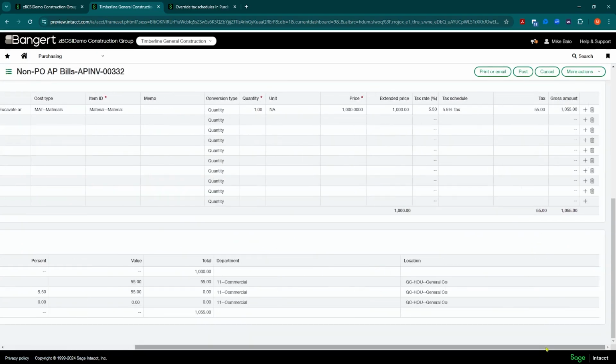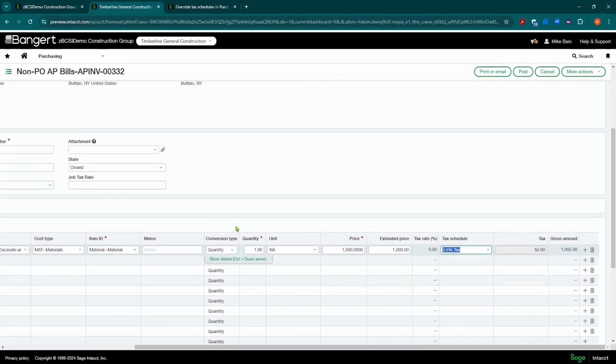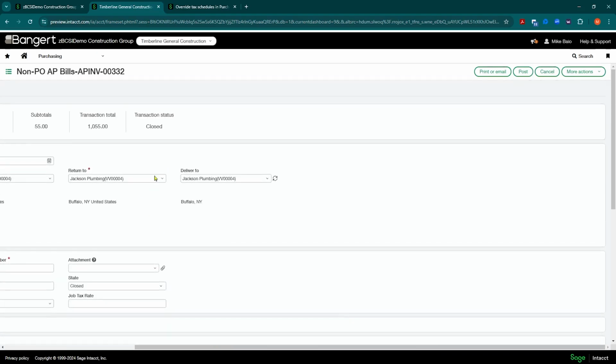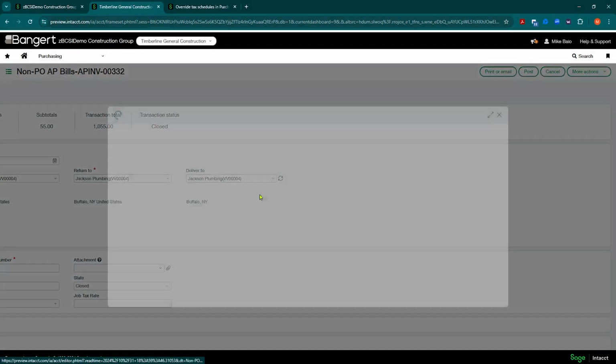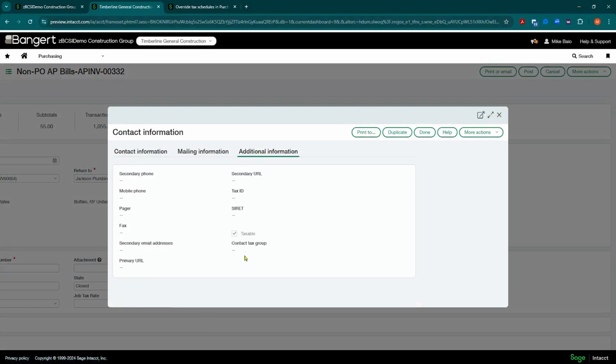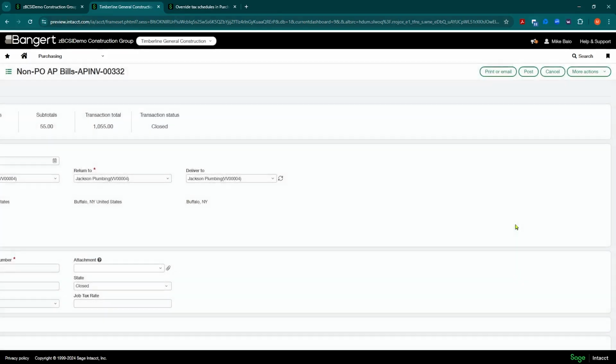So this is going to be a tremendously handy feature for users as they're filling this tax information out to go ahead and get that document into the system with the correct tax schedule without having to really rebuild and reset up the contact tax group. Later on, you can come back into this contact tax group and realize, oh, it's because there's no tax group on this contact here. That's why it didn't work. So you can fix it long term, but for now, get it into the system. So this is a really, really handy enhancement that's coming out. We're looking forward to seeing it.